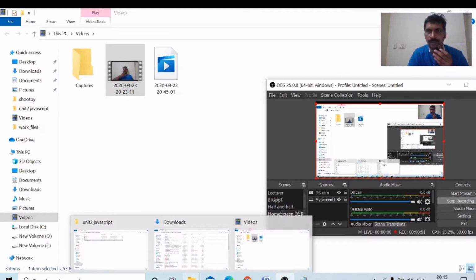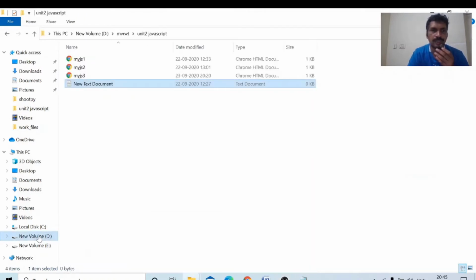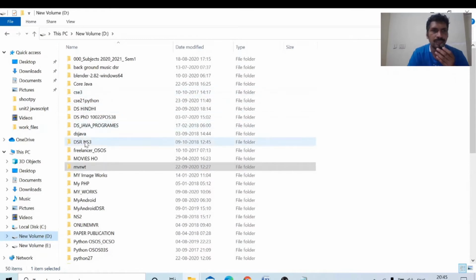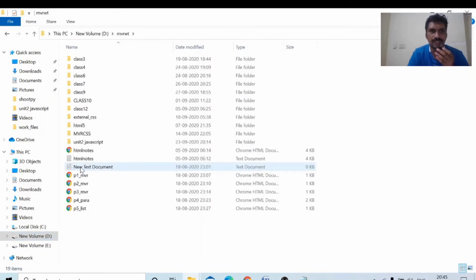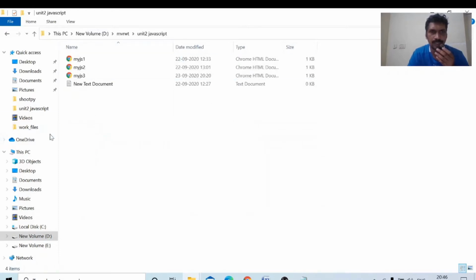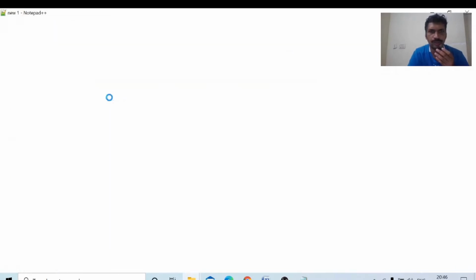Okay, now I am moving to my folder, where we are doing all these programs. All through this semester we are working in this folder. Unit 2 JavaScript. These are the previous programs. Now I am opening this one with Notepad++.